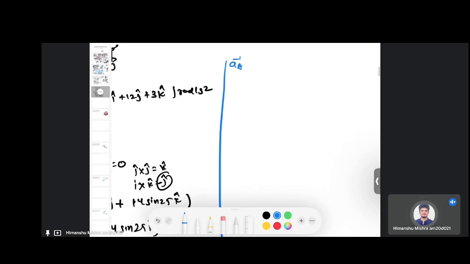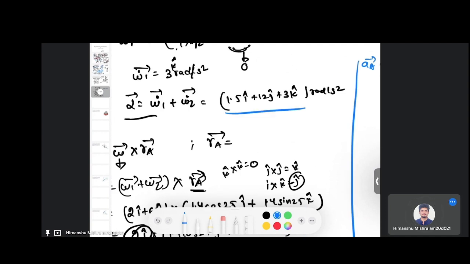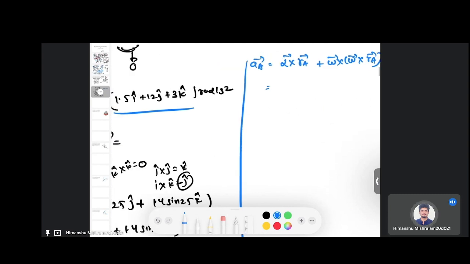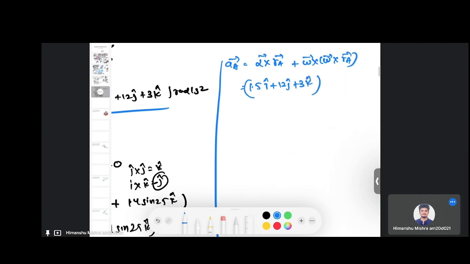So your acceleration of point A will be alpha cross RA plus omega cross omega cross RA. We have already calculated alpha, which is this: 1.5i plus 12j plus 3k cross RA,